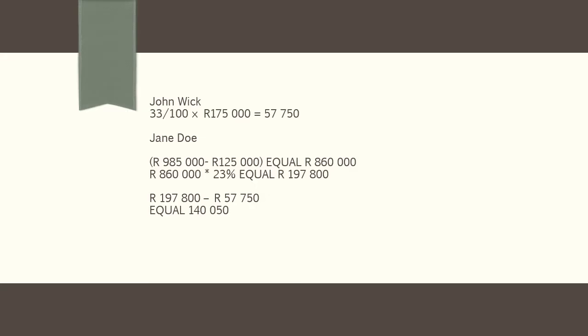So we start with the bigger number going to the smallest number. So we start with 197,800 minus 57,750. Then the amount which is left is 140,050 rand. Then who will be paying this? Jane. Then you're going to say, therefore Jane will be paying John